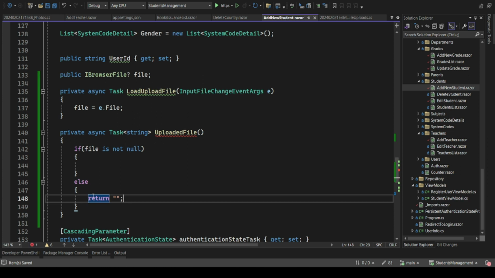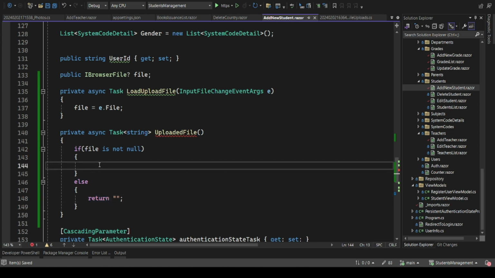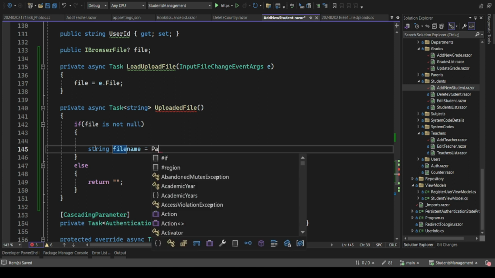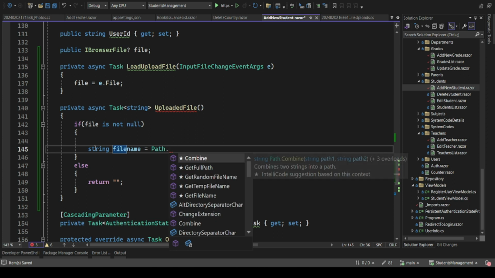Then if our file is not empty, what should happen? I want us to first create the file name. So I'll do string file name. Instead of using the file name that the user has just uploaded, I want us to automatically reassign a new file name, which is auto-generated by the system, instead of saving the file names uploaded by the users. So we'll just do Path, then ChangeExtension,